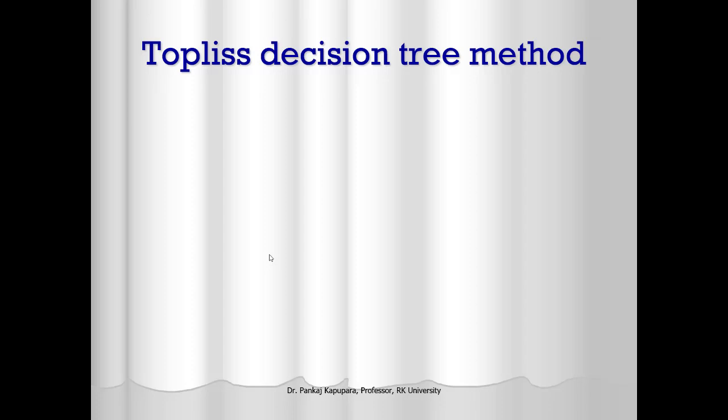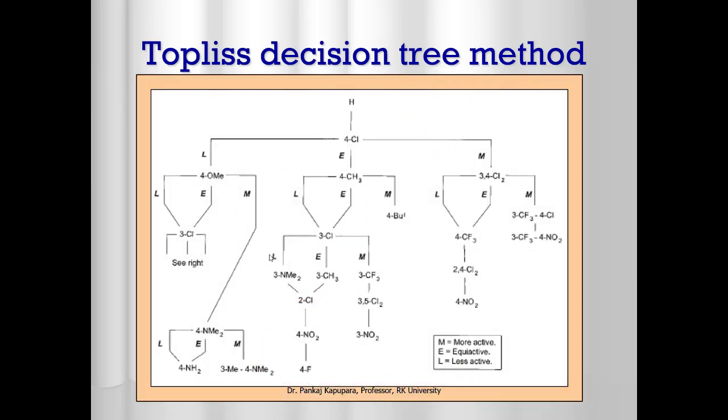Another method statistically used in drug discovery is the Topliss decision tree method. The two charts that you have to recall for that: why the Topliss decision tree method is used, or where it is used. It is used first when any scientist starts to generate a molecule or a series of molecules: which substituent is to be added first, which substituent is added second, which substituent is added third. You have a certain lead type of molecule. So which group is to be incorporated into that? The Topliss decision tree method gives an idea about this.